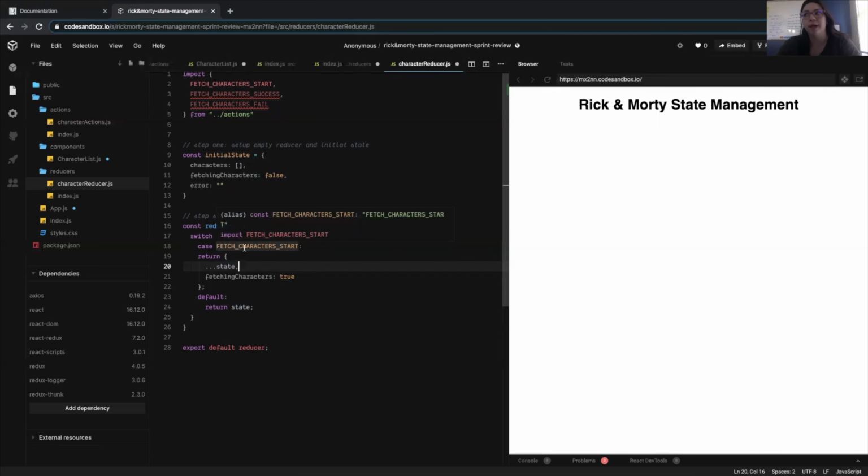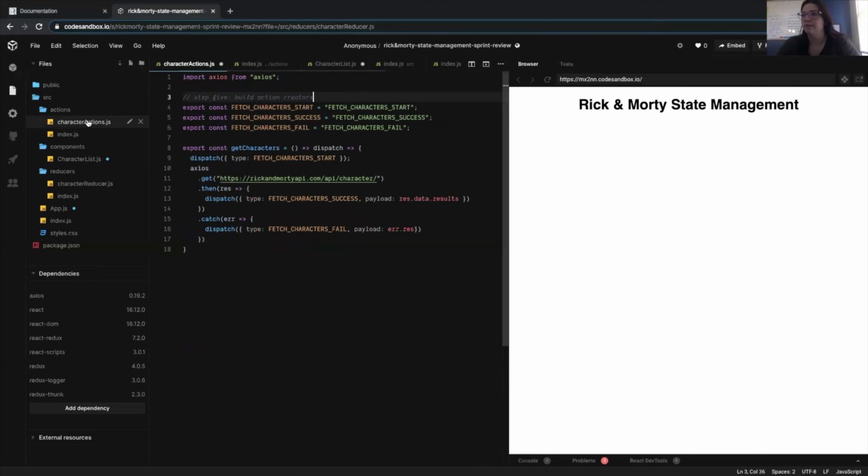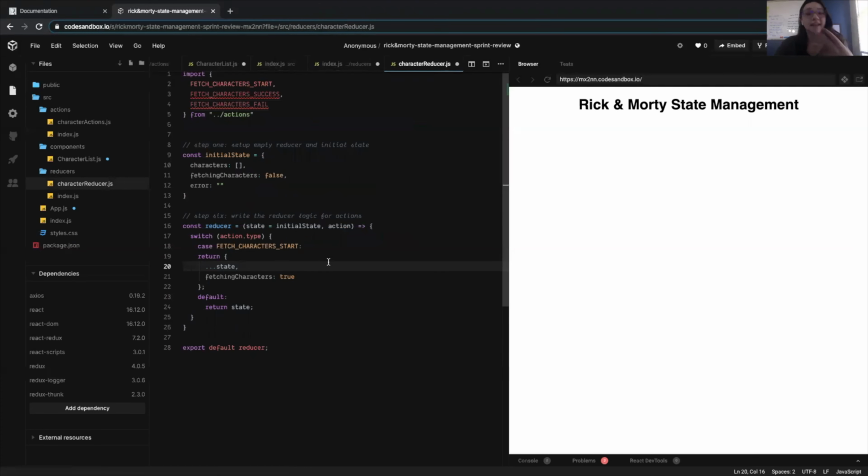Because if you remember back in our actions, when we did fetching characters start, that's when we made our Axios call to all of our characters. So you want it to be fetching the characters. You want to set that to true in your reducer, because that's exactly what you want it to do. You want it to grab all those characters from your API at the start. All right, so then once you set up that logic,